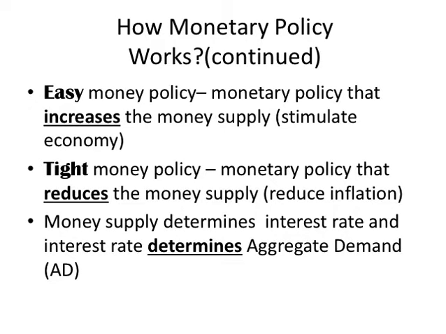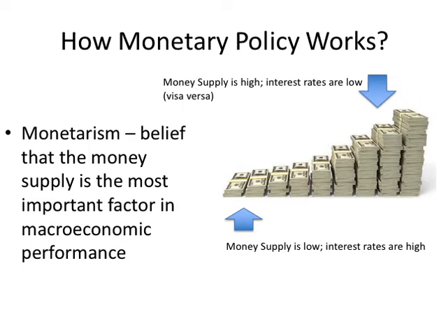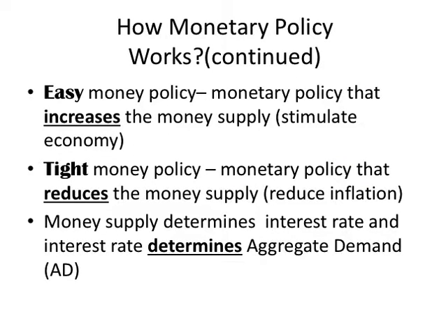And then we have: money supply determines interest rate, and interest rate determines aggregate demand. I know I just showed this, but again, going back to money supply high and low, this ties into demand. If your money supply is high, meaning people have more money because of low interest rates, aggregate demand is going to be very high because people can spend more. On the flip side, if we have a tight money policy and a low money supply, demand is going to go down or be lowered because it results in less money available to the consumer, which then affects things tied to demand itself.